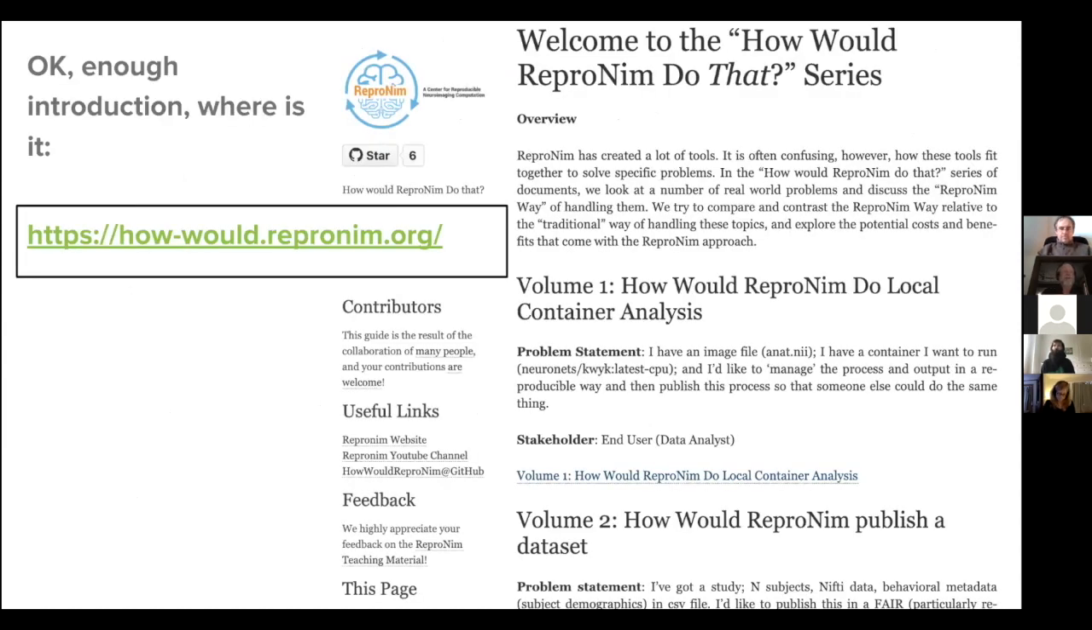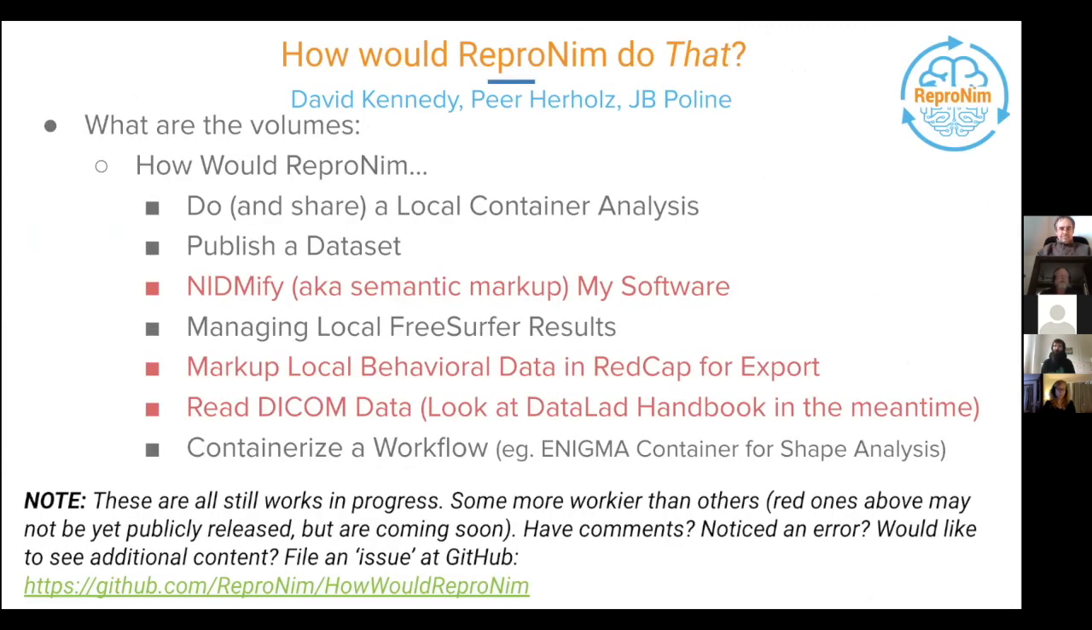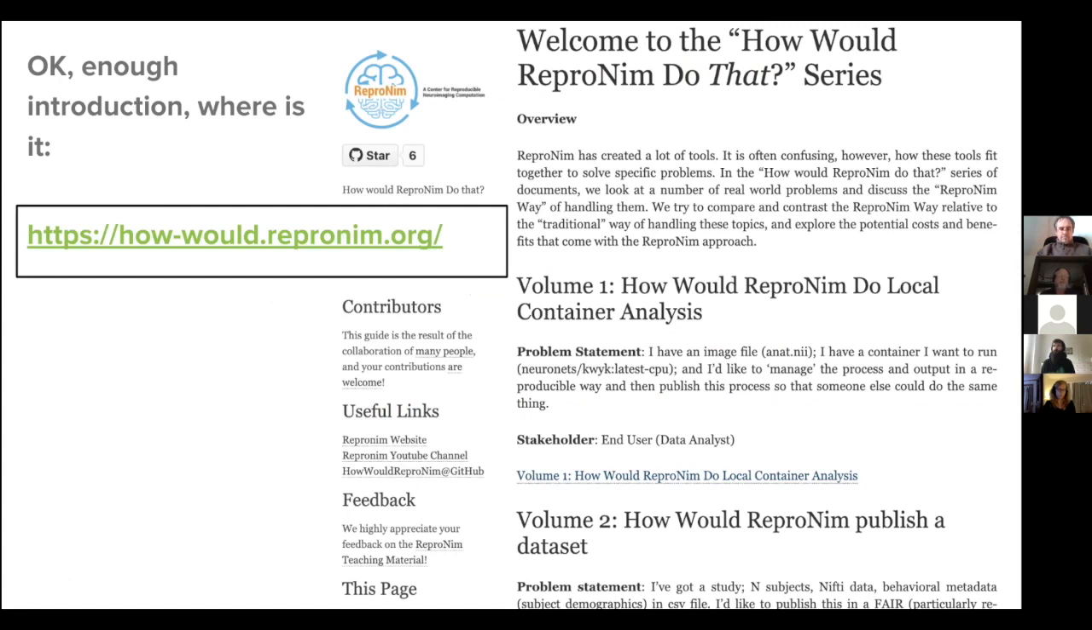Where is it? Well, if you go to how-wood.repronim.org, you will find this document. It's built in a very similar way to the DataLad handbook in terms of generating its materials. And thanks to Adina and Jarek and the DataLad team for helping us learn to format documents this way. So there's an introductory section, and then